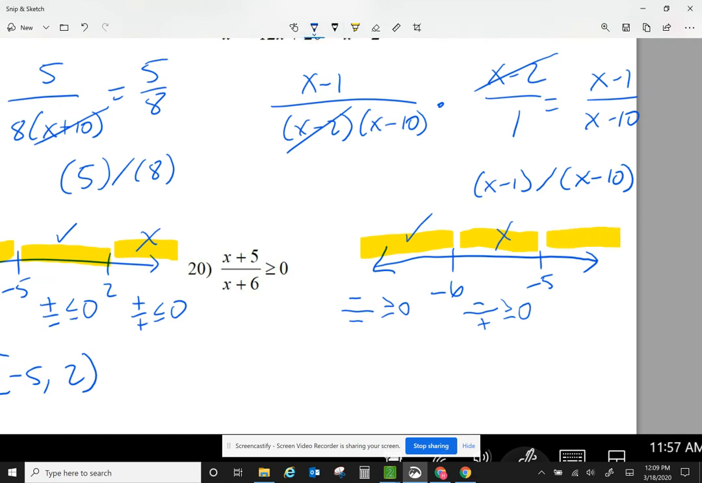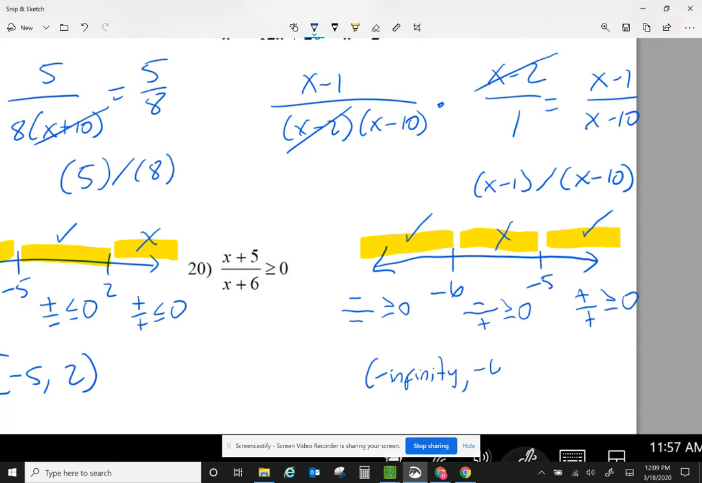I'm going to think 0. 0 plus 5 is positive. 0 plus 6 is positive. A positive divided by a positive, is that greater than or equal to 0? Yes. So my answer would be from negative infinity